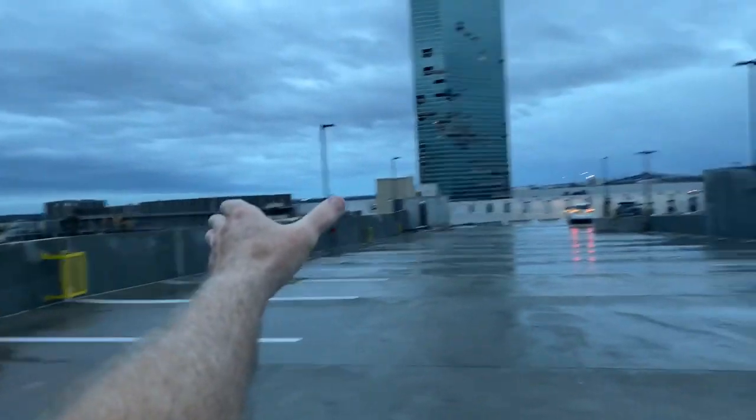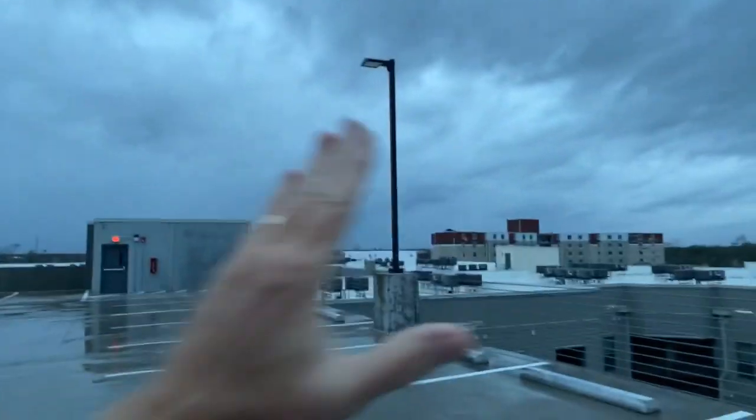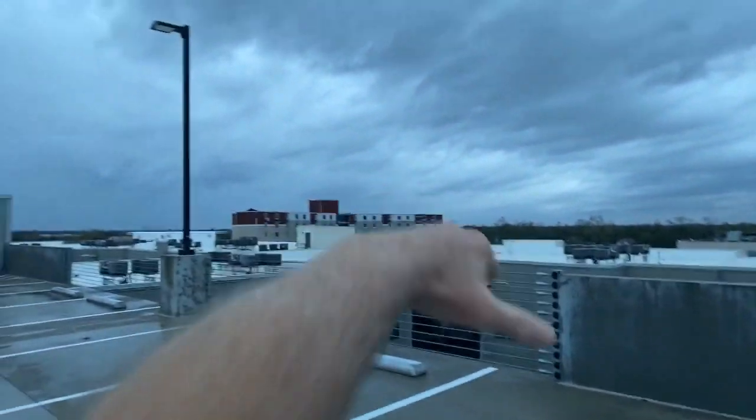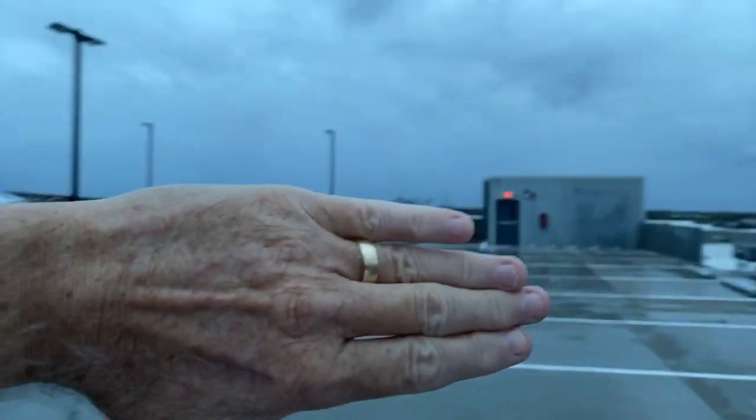Southwest of me, it's starting to clear out. Clearing out, no rain. And this is the southeast end of the hurricane, and the winds are now in the southwest at about probably 50 over the city. They're going that direction around the bottom of the hurricane. And the hurricane, the back end of the wall of rain, and the high winds